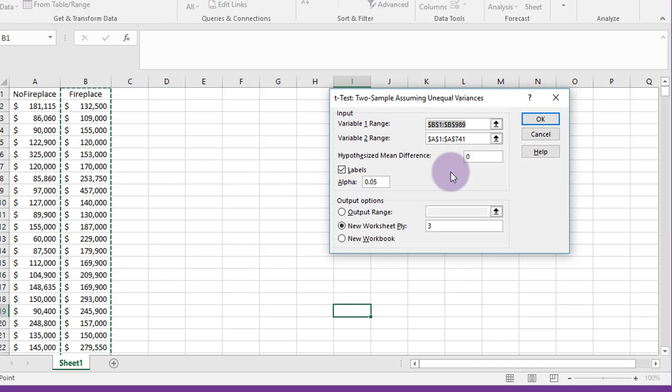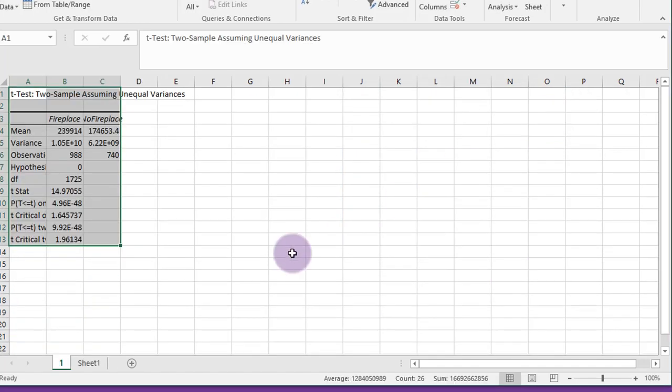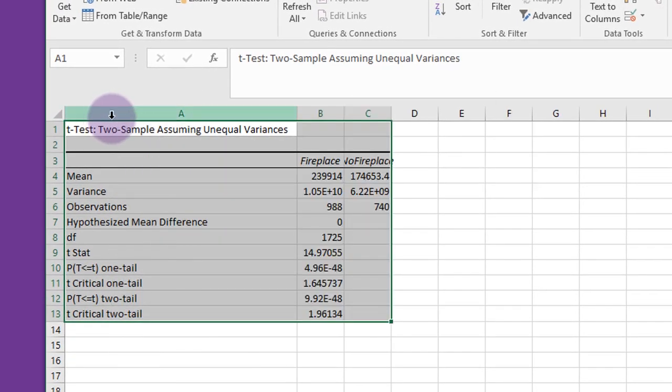The problem with this data analytics pack is that in some cases you're given the summary data. You're given the sample means and the sample standard deviations, and there's no way to run that test using data analytics. But here we are going to check that the labels are there, which they are, put in our alpha, put in our hypothesized mean difference, which is 0, and we're going to output to a new worksheet. I'm just going to label it 1 and click OK. And we get the information we need,